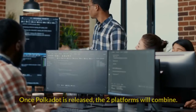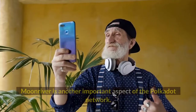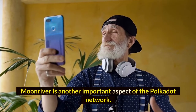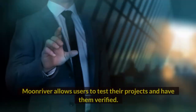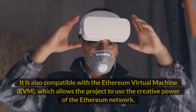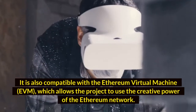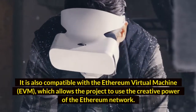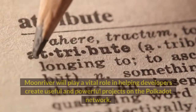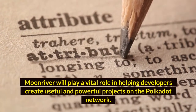Once Polkadot is released, the two platforms will combine. Moonriver is another important aspect of the Polkadot network. Moonriver allows users to test their projects and have them verified. It is also compatible with the Ethereum virtual machine, which allows the project to use the creative power of the Ethereum network. Moonriver will play a vital role in helping developers create useful and powerful projects on the Polkadot